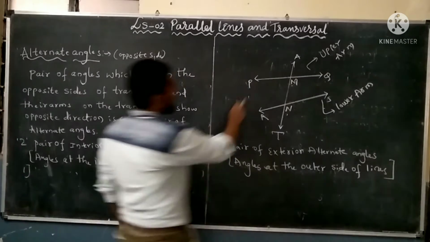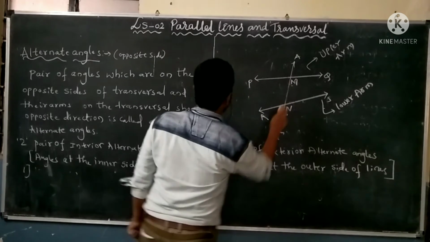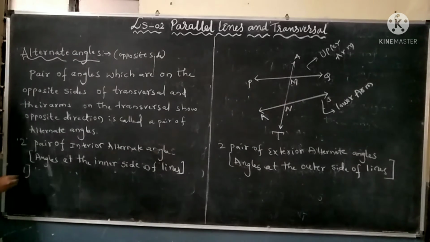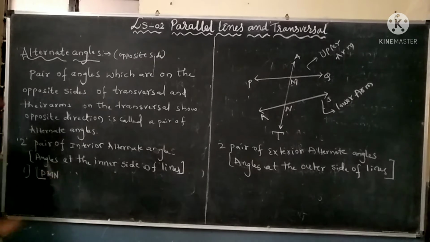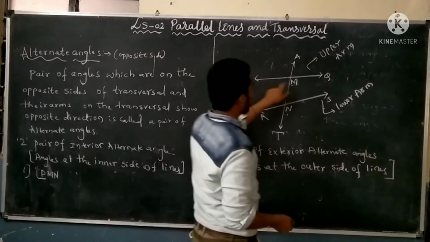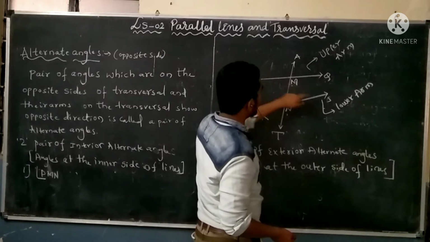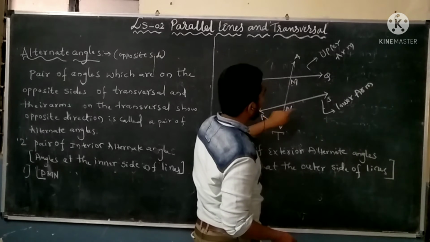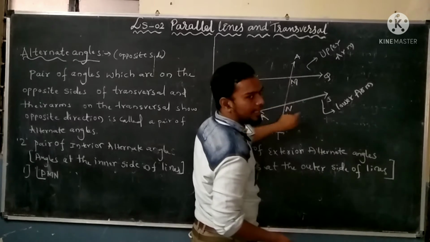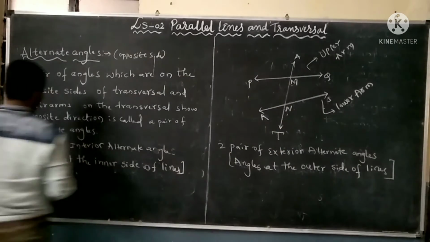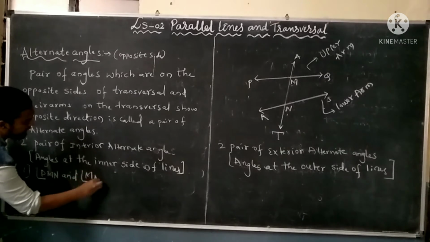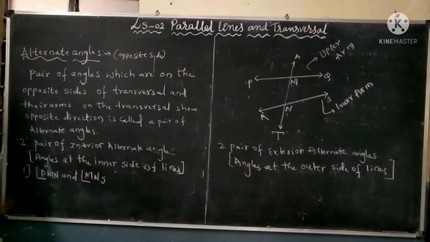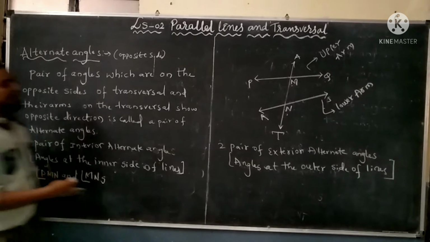Next, the 2 pairs of interior alternate angles. Now we are taking angle PMN, and its opposite. The opposite of PMN is MNS. Their opposites are PMN and MNS. This is the first pair of interior alternate angles, and the second one is